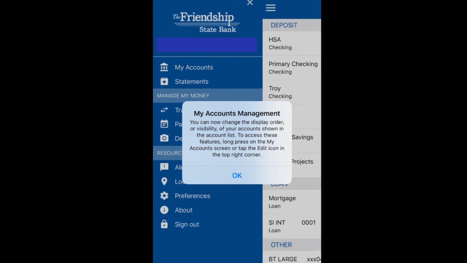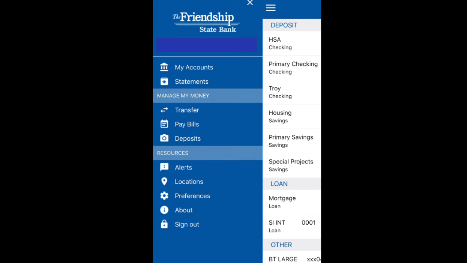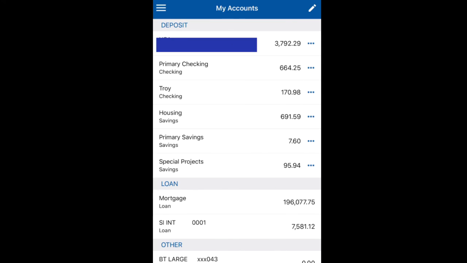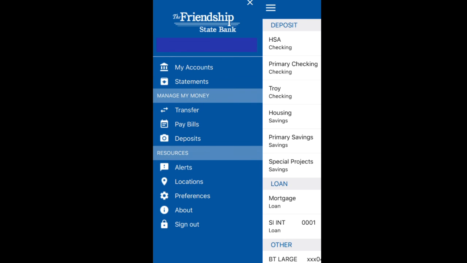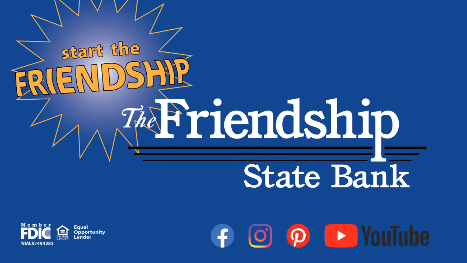And then once you log in, this is what you're gonna see. That first time you'll have the option to customize it just like you can through the website. But then you're gonna see there on the left, you're gonna have all your options, pretty straightforward. On the right, you're gonna see all your accounts, deposit, loan, and anything else that you might have with us. Pretty easy to navigate, but if you do have any questions, please give us a call at